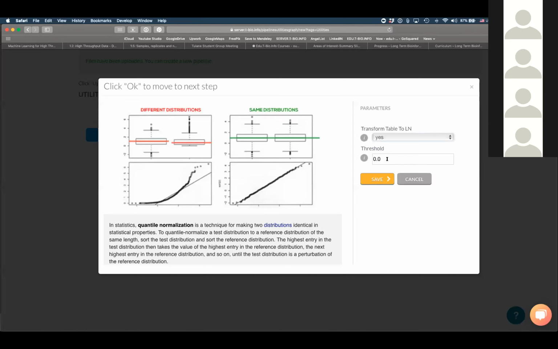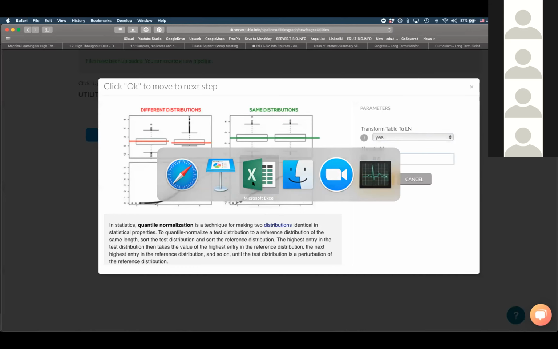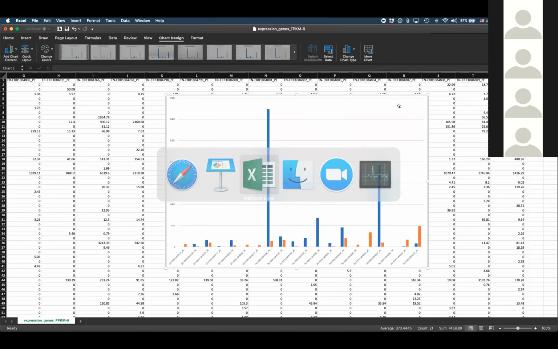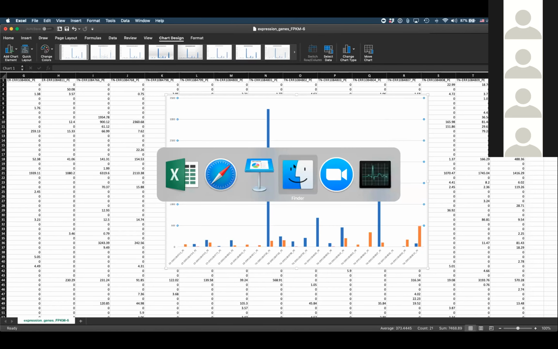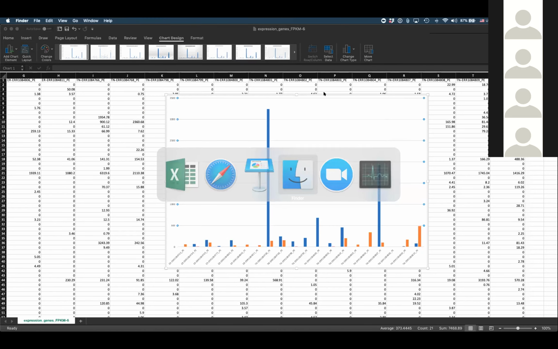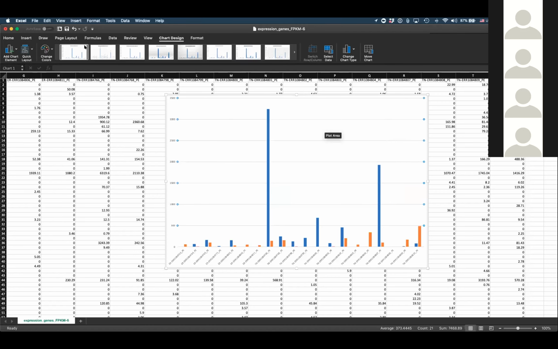The second thing that you will see is a threshold. So let's take a look at what is the right threshold for what we are trying to do. Now remember, this is going to be a threshold in the logarithmic scale. So let me open this Excel that we already prepared so that we can take a look